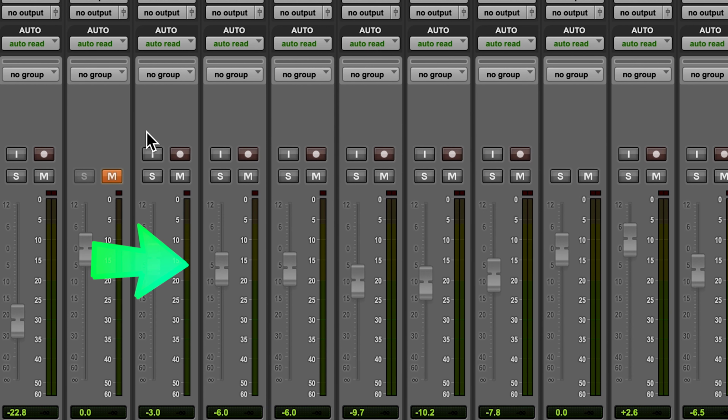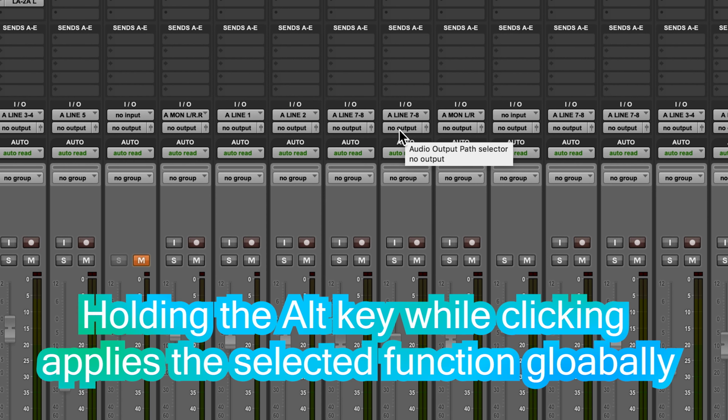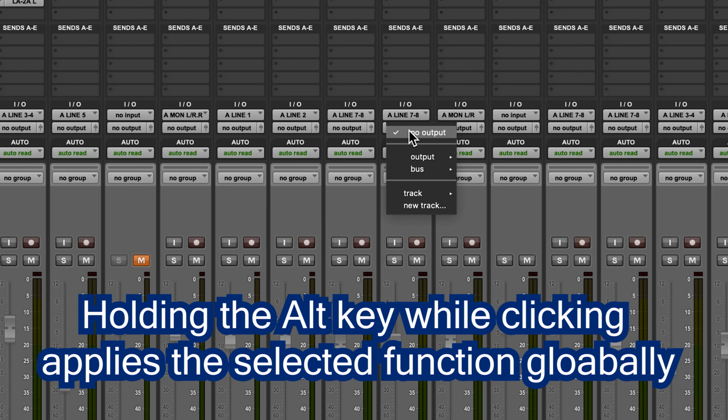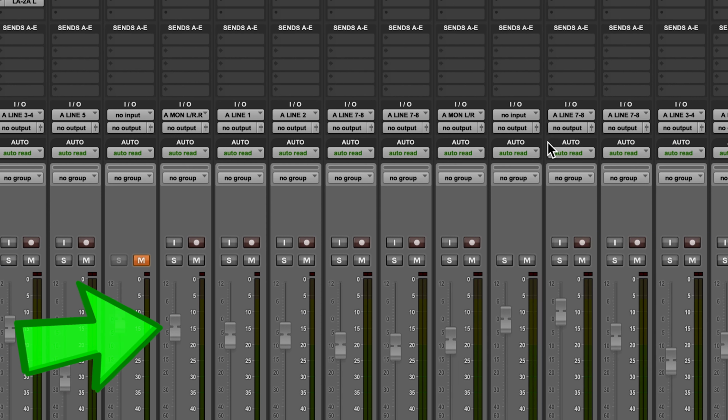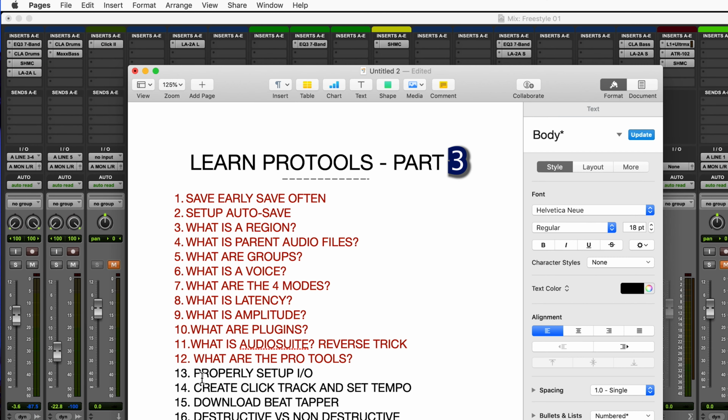you already. If you're still with us, notice that all of a sudden the faders are grayed out. That's because when you make a change in your I/O, it often resets all your outputs or your inputs. And now it says no output. Look at that, no output is assigned. So remember, if you hold down the Alt key, it will apply anything you do globally. So now we're gonna click on our outputs, monitor outs, and all our faders and our pans come back, and our mutes and solos are back, and there's our monitor outputs. So that's your I/O. That's a really quick rundown of I/O, because I/O, you could do a whole 50-part series